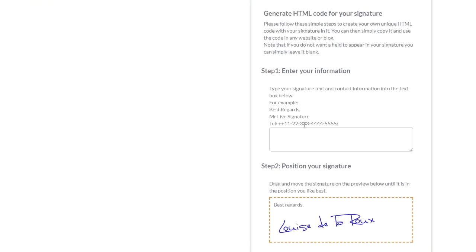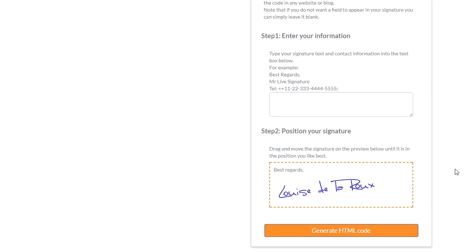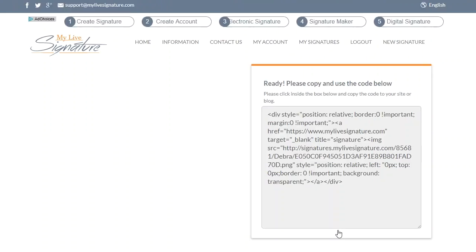Now, when you click on that option, it's going to give you the option to add some contact information such as your phone number or best regards or whatever else you want to put in there. You can do that. I guess I could delete this here. I'd probably create it just by itself actually. And then you generate the HTML code,